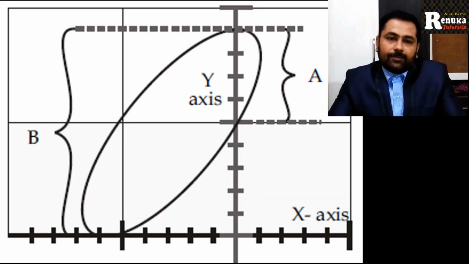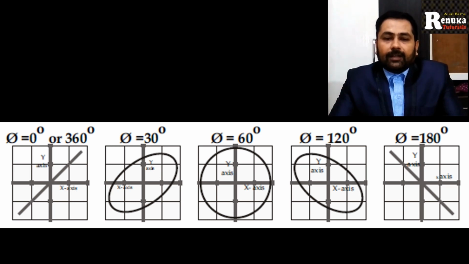For such a pattern, the phase difference can be calculated as the sine inverse of A by B. Now see, what is A? A is the shortest distance cut by the vertical axis, and B is the longest distance cut by the vertical axis. In this way we can have phase measurement. If you see the diagram, these types of standard Lissajous patterns are observed, and then we can directly say what the phase differences are. So in this way we can do phase measurement.